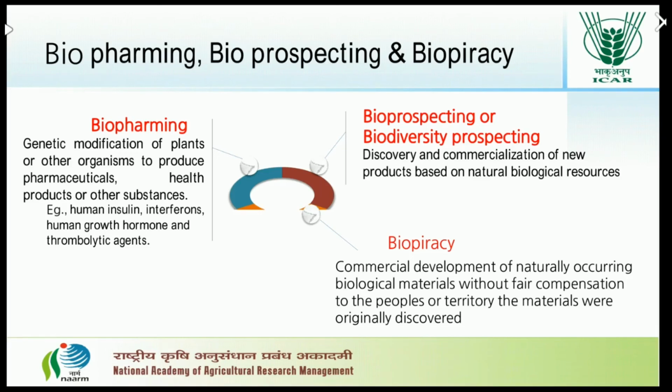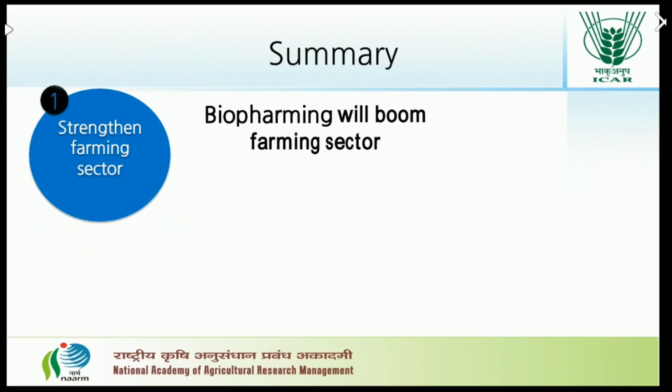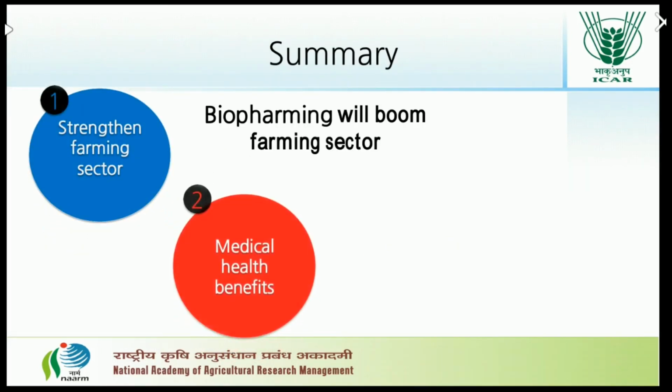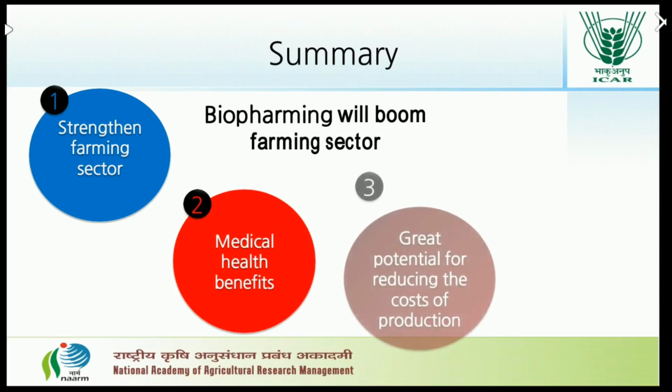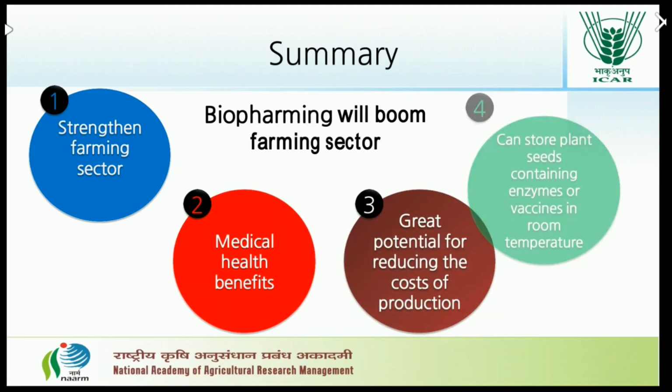We can make the plants produce certain proteins or enzymes that are not naturally produced by the plants. A good example is we can make the plants produce human insulins, human interferons and growth hormones for several therapeutic applications. In conclusion, biofarming means engineering the plants to produce a product of interest, and this will boom the farming sector